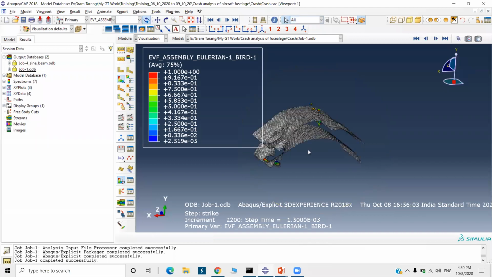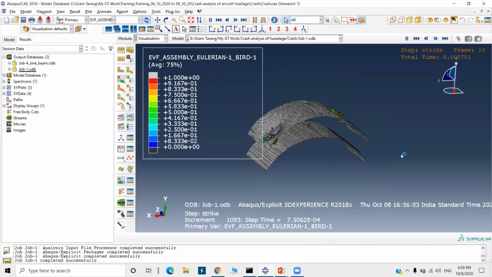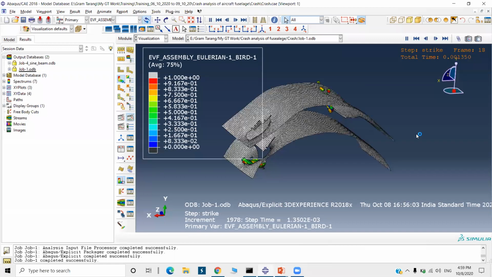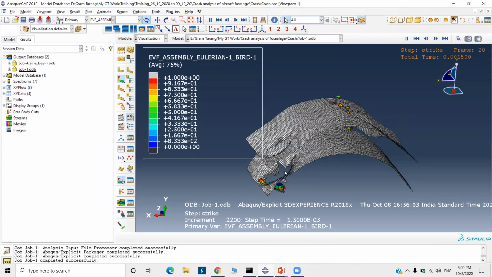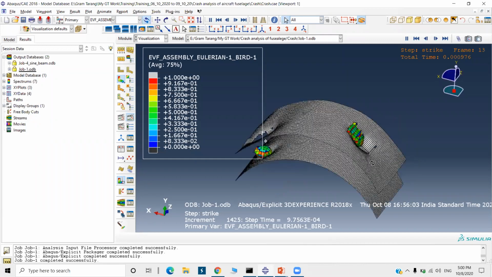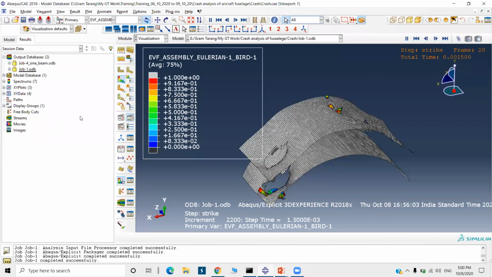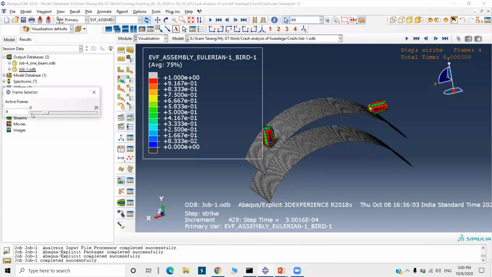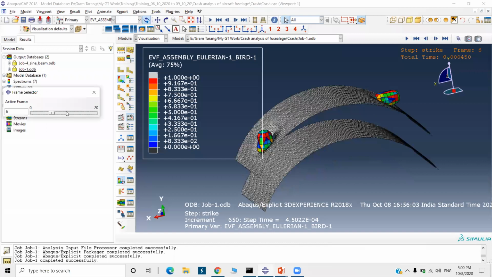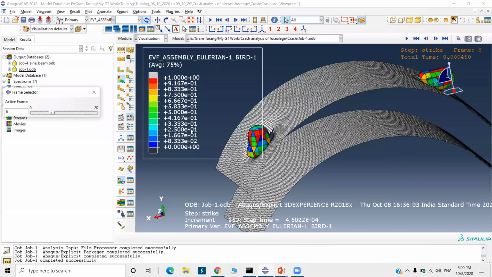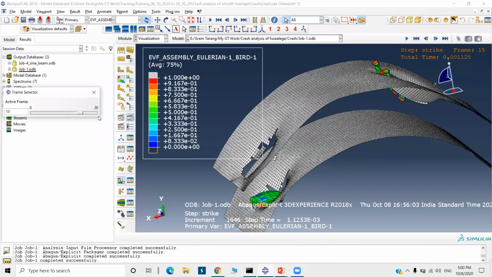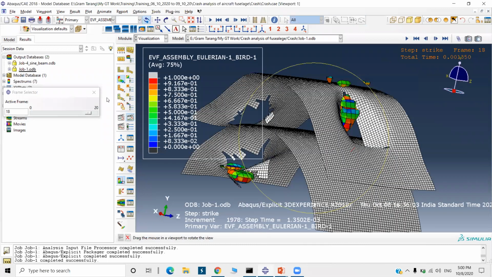I am going to start the animation. See, this is the bird strike impact on the aircraft fuselage. You see here. Okay, so this is the output result of this analysis.